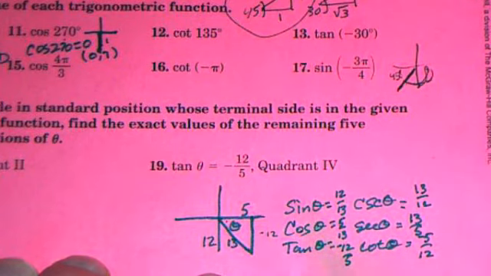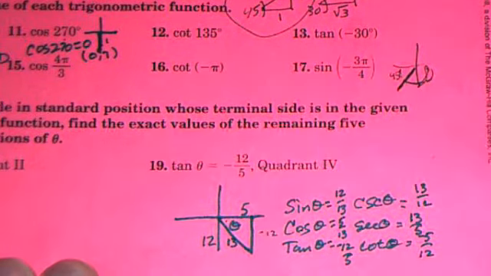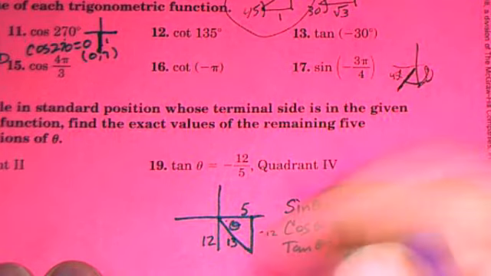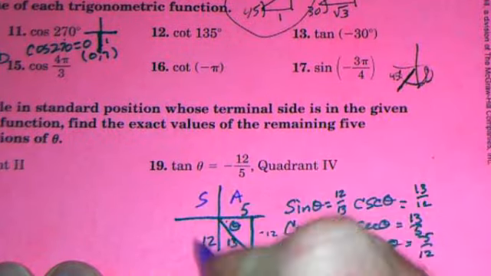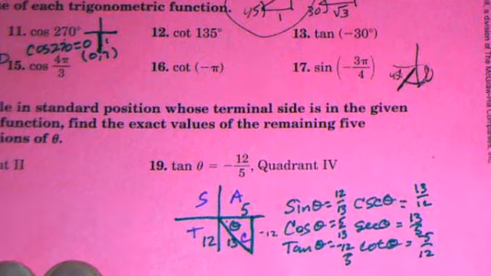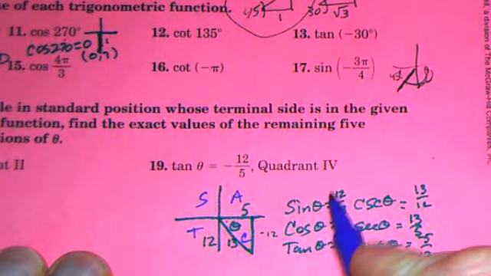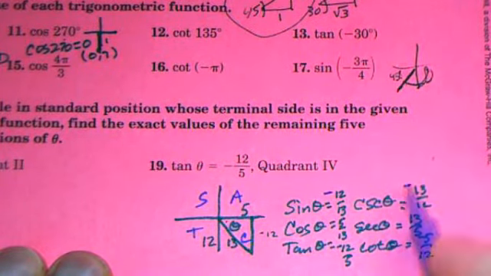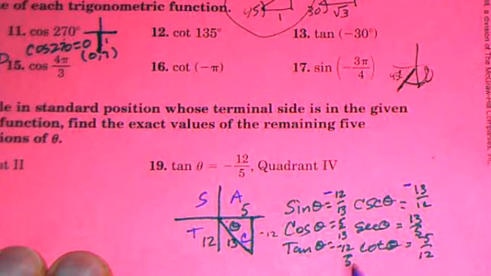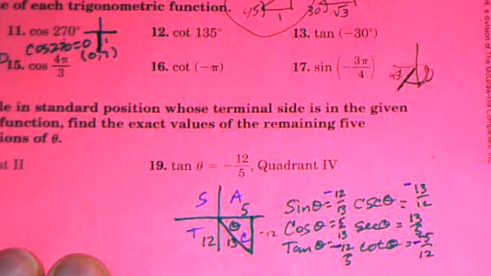Now in the fourth quadrant, using ASTC, we have that cosine is positive and everything else is negative. So cosine is going to be positive, sine is going to be negative, cosecant is going to be negative, and we've already got that tangent is negative and that cotangent is negative. Okay, so we've reviewed some sample problems from the 13 through